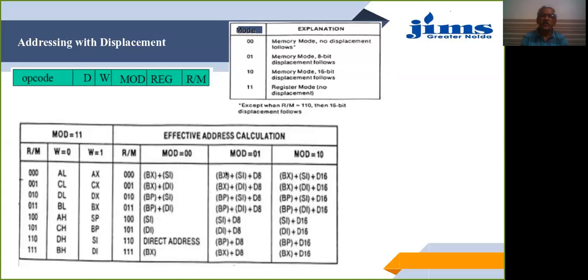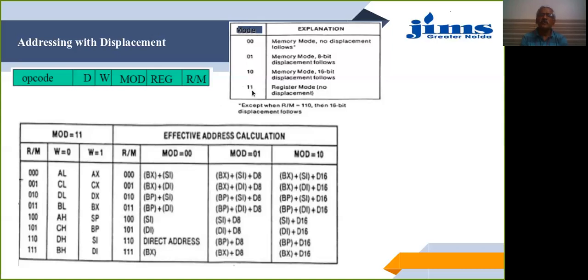You can see along with the base and the index, or only the base value or the index value, the data item 10, which is nothing but the displacement, is added to know the effective address. When it is 10, it is a 16-bit displacement, and it can be clearly seen that in case of base, index plus 16-bit will form the effective address. So in these cases, or even if it is a single register, SI, DI, or BP, BX, 16-bit is added to it to form the effective address.